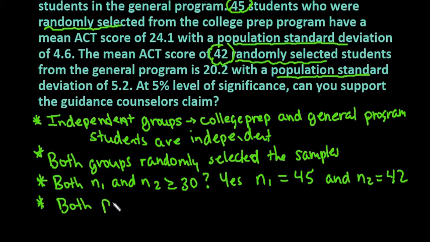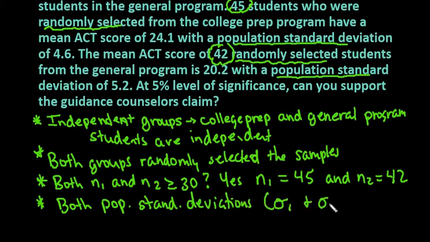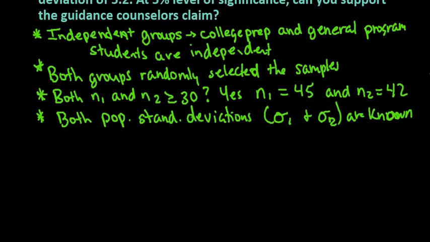So both population standard deviations, which are sigma 1 and sigma 2, are known. Okay. All right, so since all of the conditions are met,